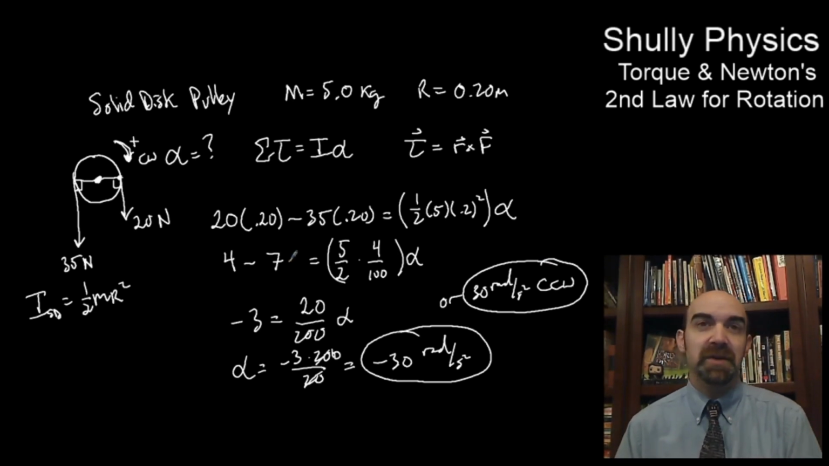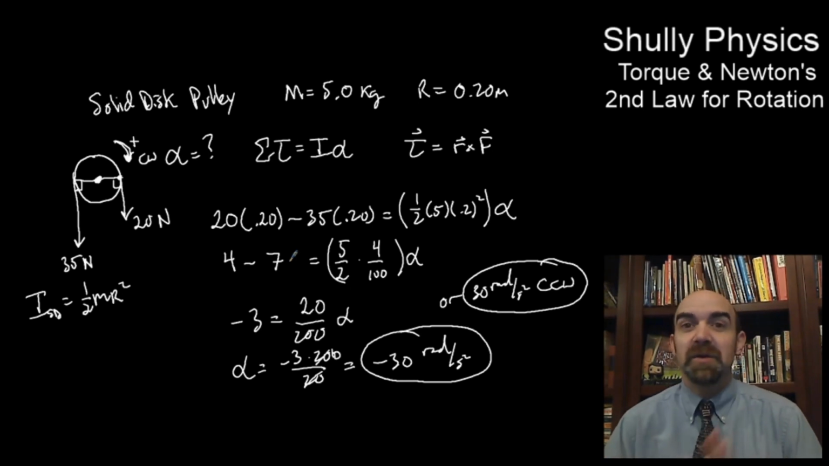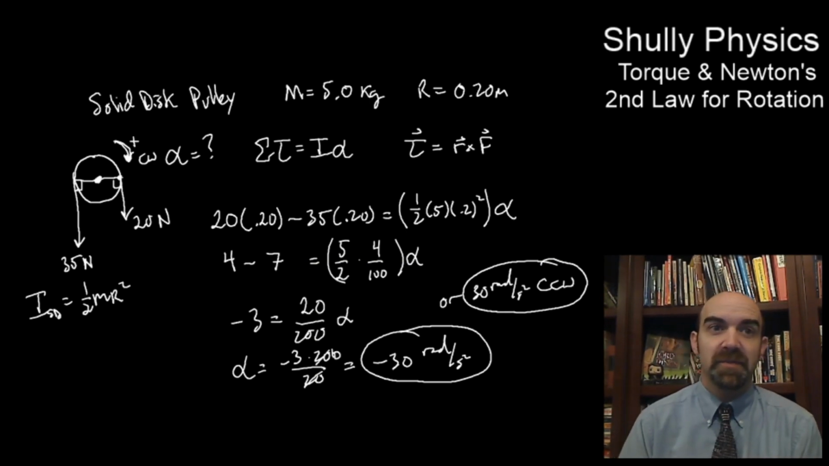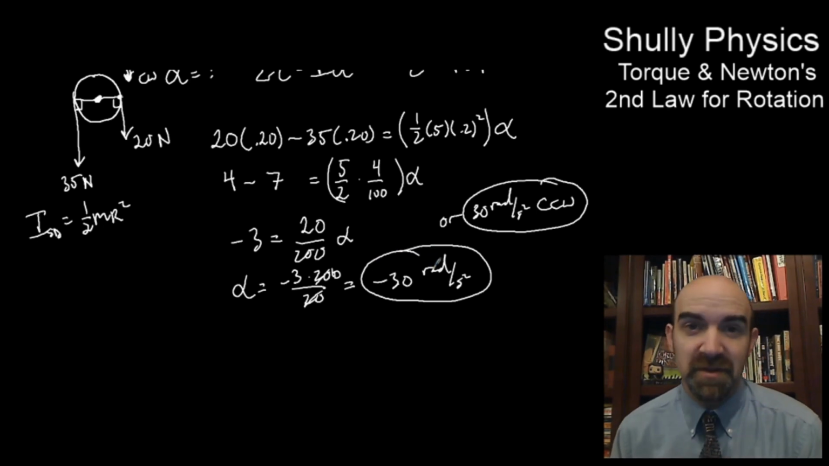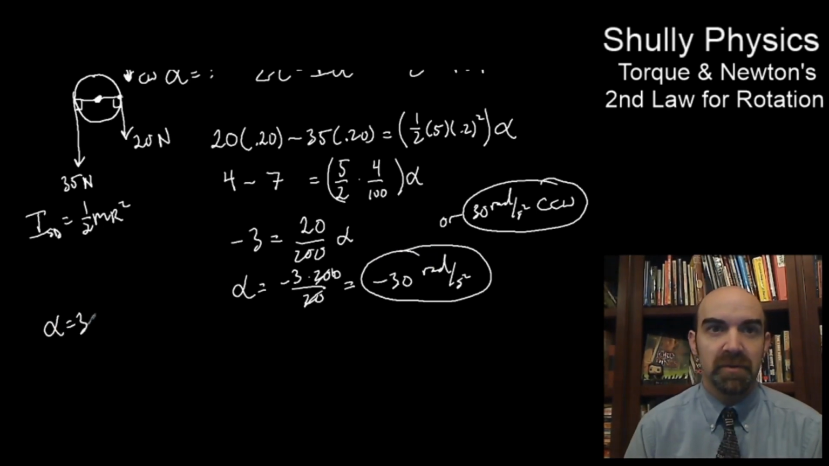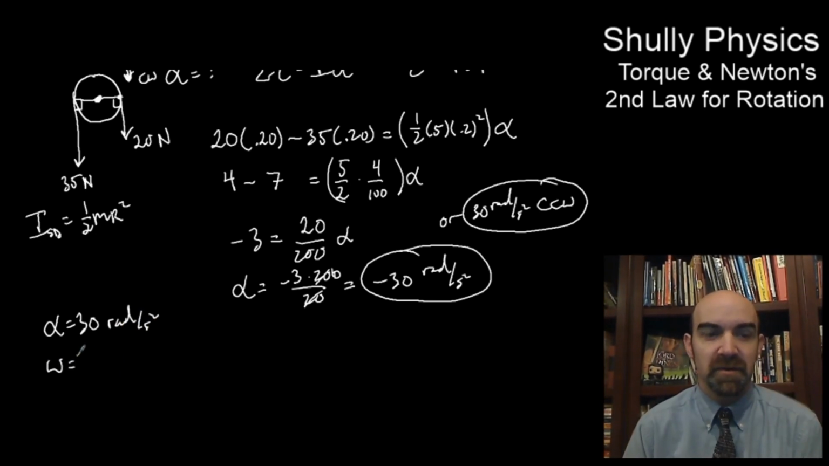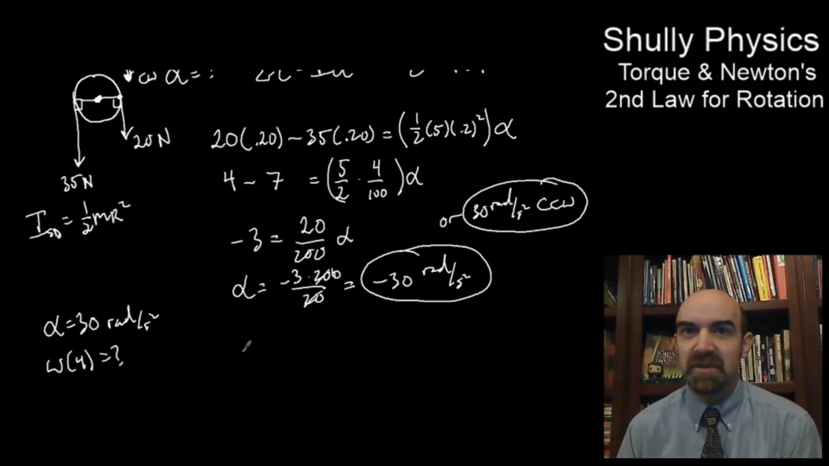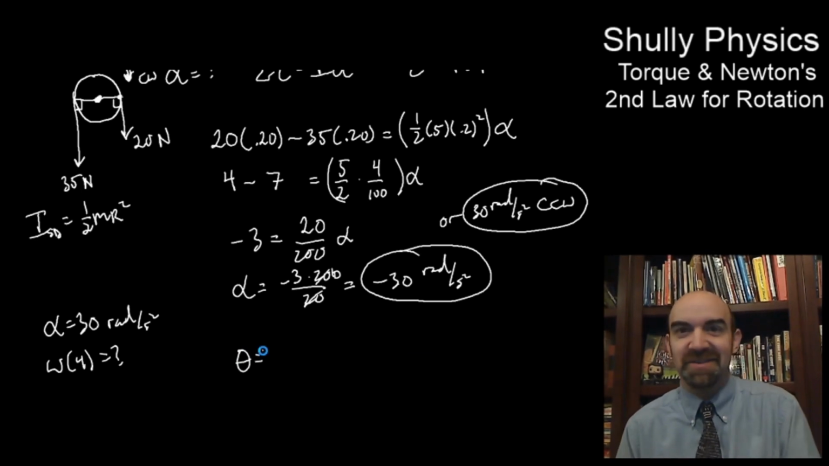All right. As a reminder, what else might happen at this point? A question might be, what's the angular velocity after accelerating from rest for 4 seconds? Or what's the angular displacement after 4 seconds? If that's the case, keep in mind we have a constant angular acceleration of 30 radians per second squared. If you're asked what's the omega at 4 seconds, or what's the theta at 4 seconds,